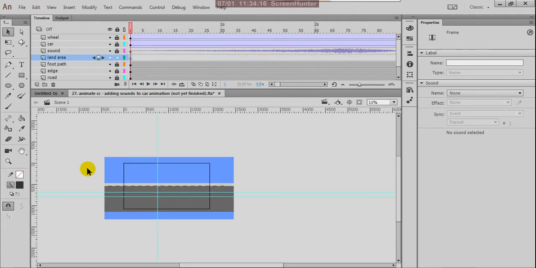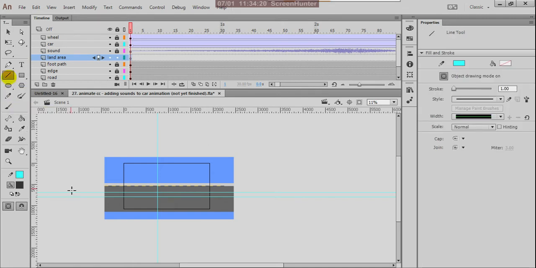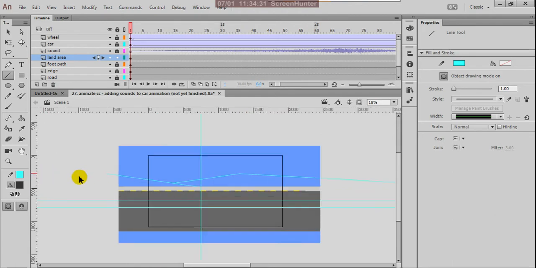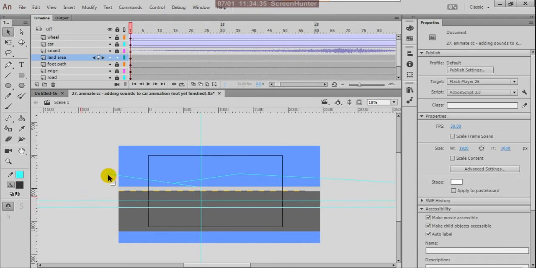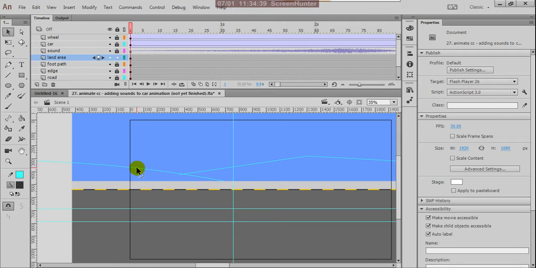Here I'm creating simple mountain levels. So you can move this up.